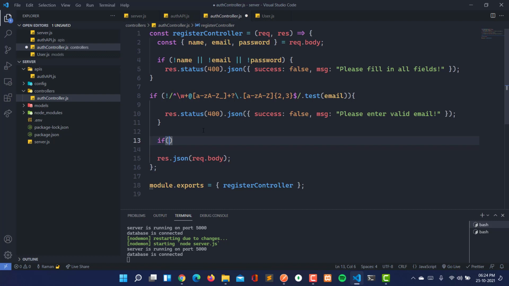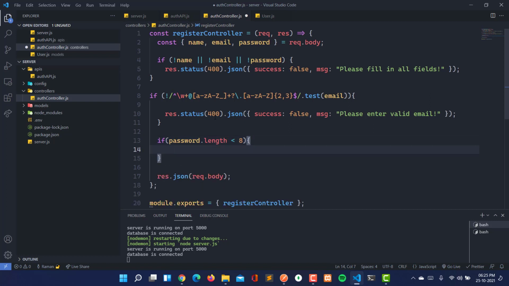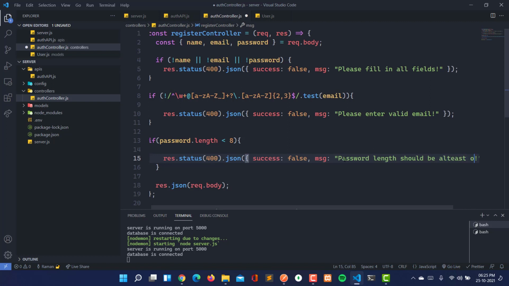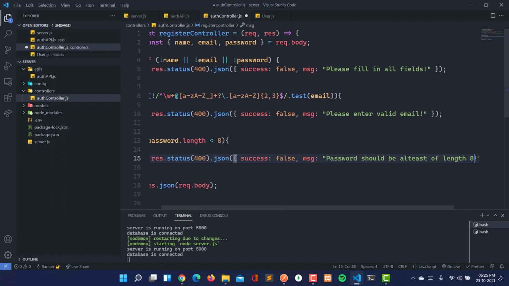Now let's move forward, and here we are going to check the password. For the password I'm just going to check the length here. So I'm going to check if password.length is less than 8, then I'm going to write this: password should be at least of length 8.